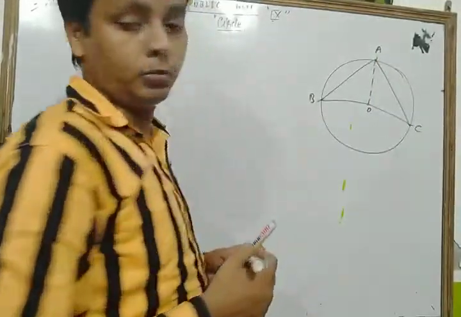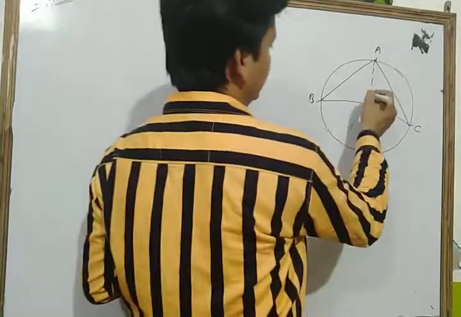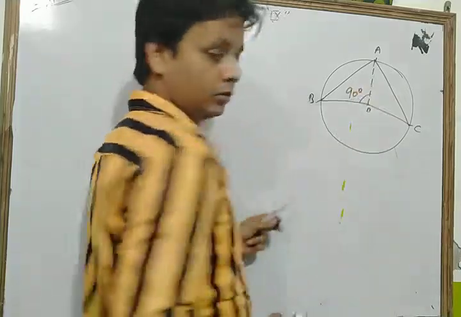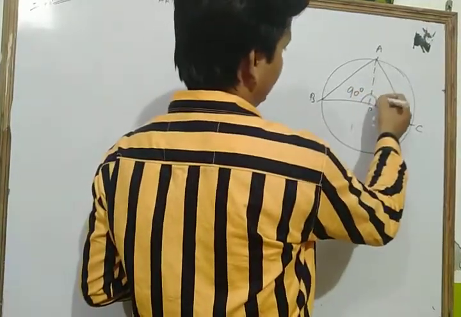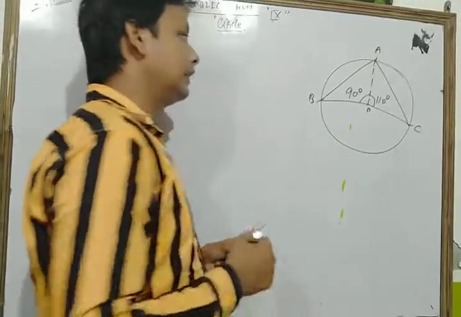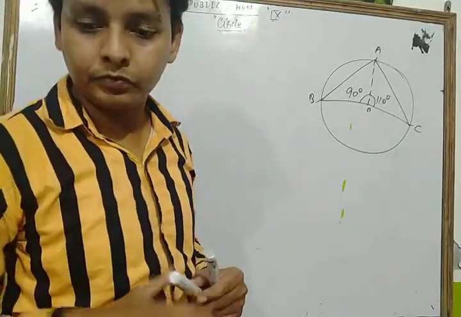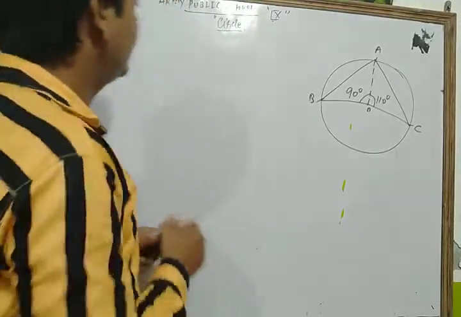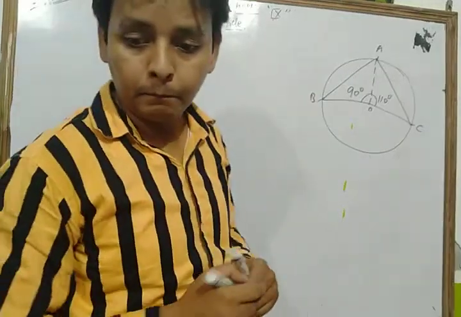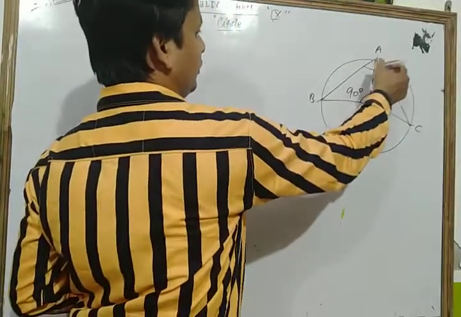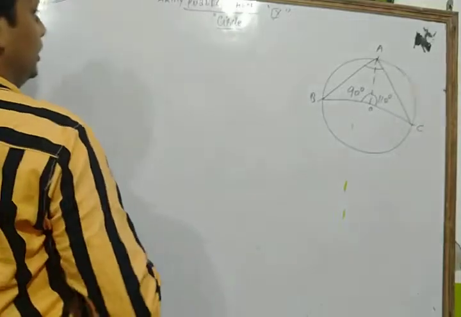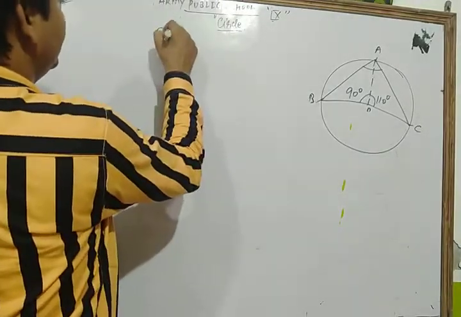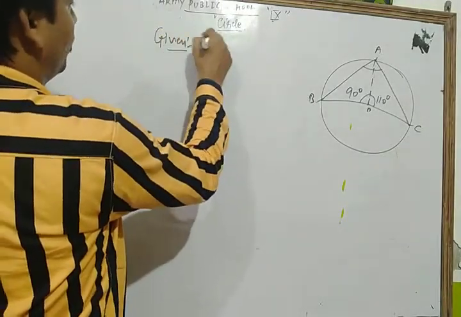This is given, and that angle is given as 90 degrees and that angle is given as 110 degrees. We find the angle BAC. Here, given from the figure,